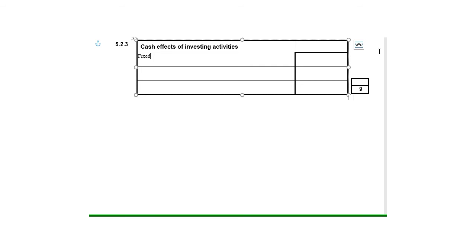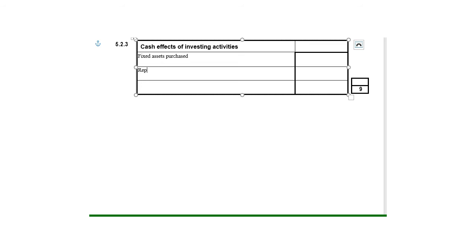So it's fixed assets purchased. Make sure you know the layout of the notes or what the content of the notes are. Then if you start answering, you immediately put in the blank spaces. You put in the things that you know should be there. Then it makes it a bit easier to